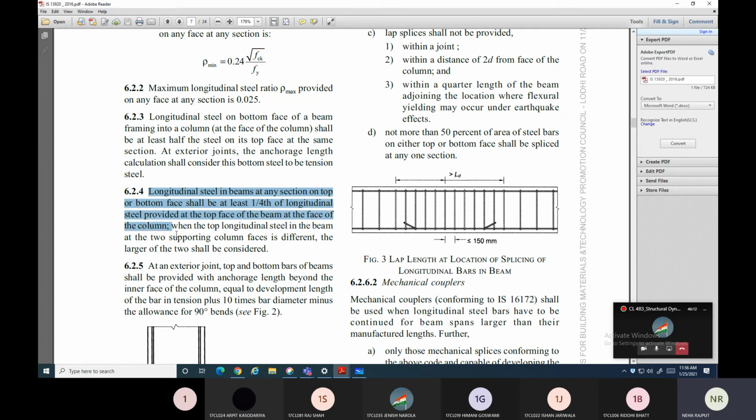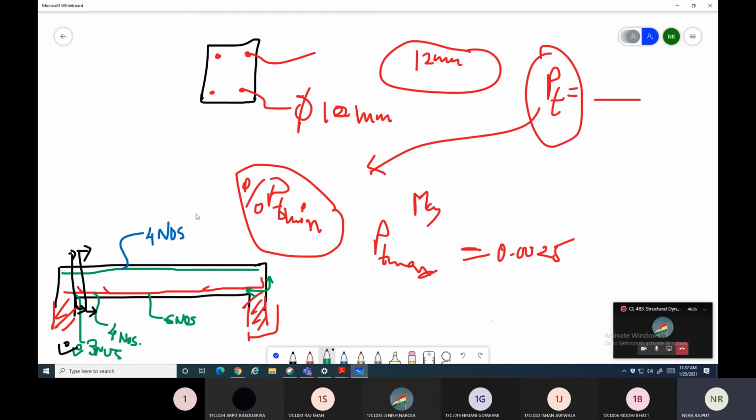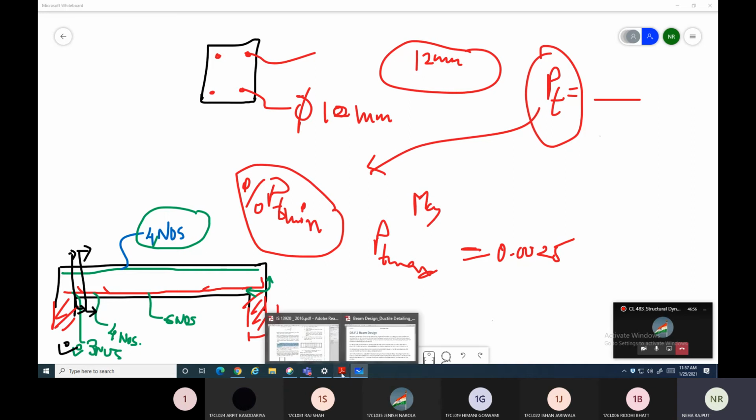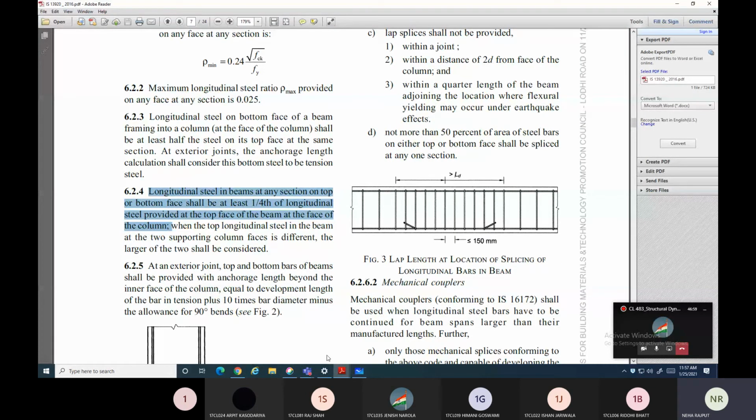So this is also one of the clauses कि जो भी आप लॉन्जिट्यूडनल स्टील प्रोवाइड करते हो, लेंथ वाइज जो भी स्टील टॉप या बॉटम में प्रोवाइड करते हो, वो कितना होना चाहिए, तो वो होना चाहिए कि कॉलम के फेस पे आपने जो टॉप के रेनफोर्समेंट डाले हैं उसका 1/4 होना चाहिए। सपोज ये ऊपर है, तो ये जो ऊपर डाला है उसका 1/4 उतना तो रेनफोर्समेंट आपका टॉप और बॉटम में होना चाहिए। इसका 1/4 मतलब 4/4 1, तो 1 फुल रेनफोर्समेंट थ्रू आउट द लेंथ आपका रहना चाहिए, 1 फुल लेंथ, एक से ऊपर कर्टेल नहीं करना है, मतलब एक तो एटलीस्ट आपका थ्रू आउट जाना चाहिए।